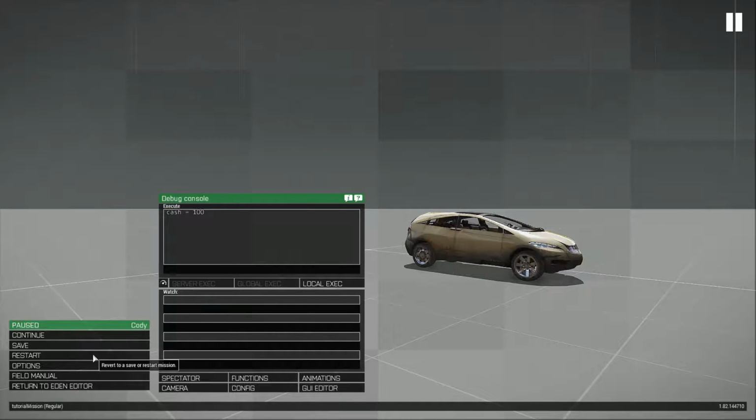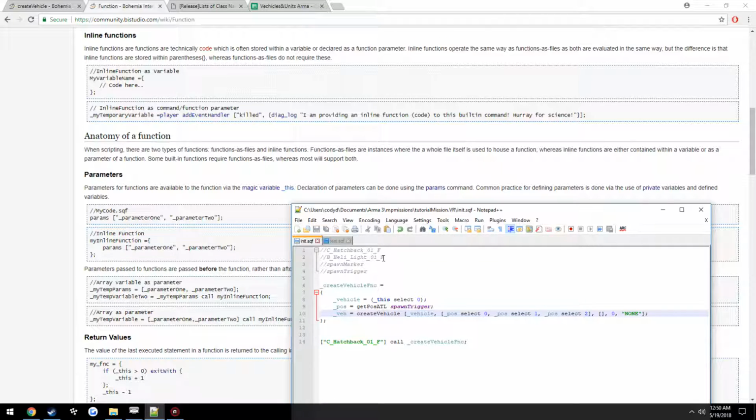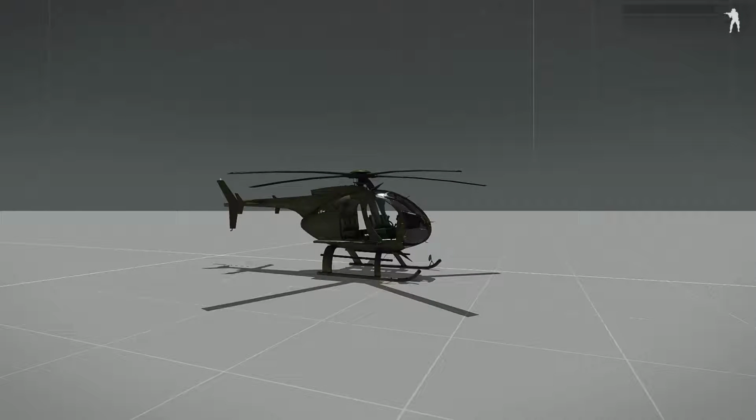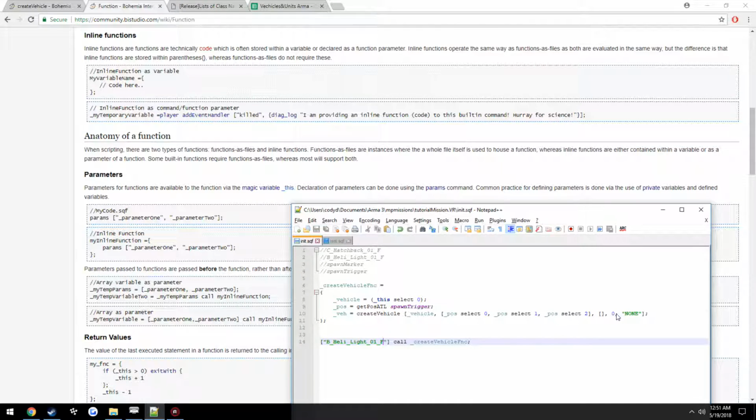just like that. And now we're going to pass in the helicopter class name, assuming it's right. And it should spawn in the helicopter, just like so. And we were able to do that all by simply changing how we called the function. So we could have multiple of these function calls with different parameters, and it would create this on the exact same thing in the exact same space, but it would create a different